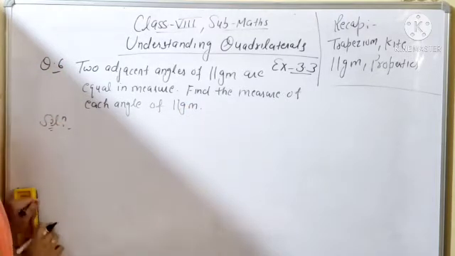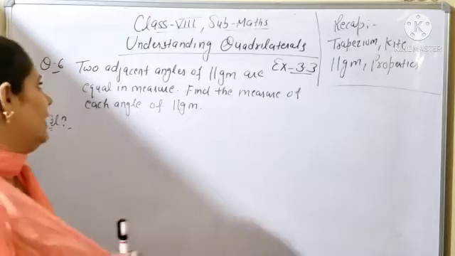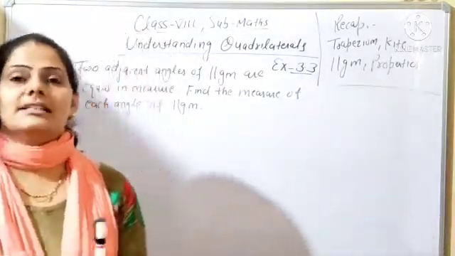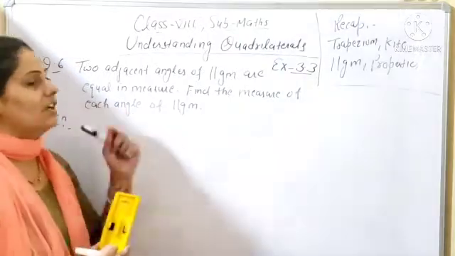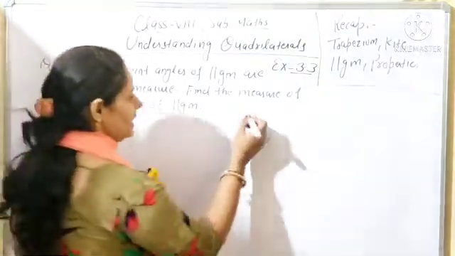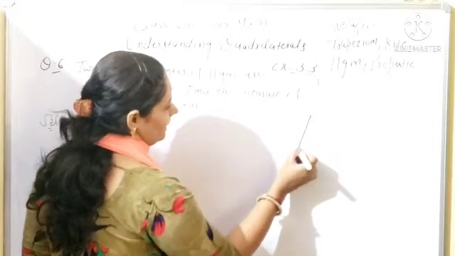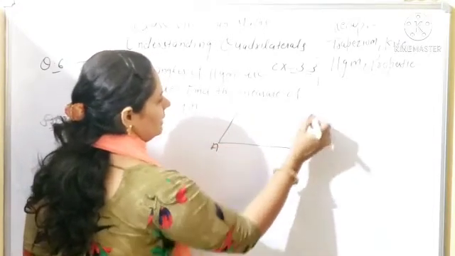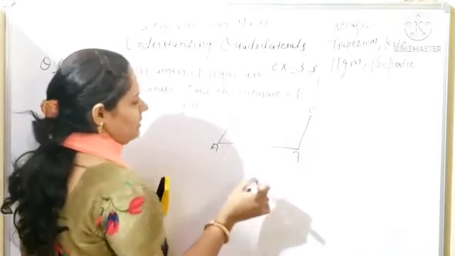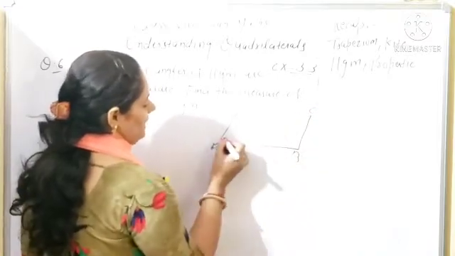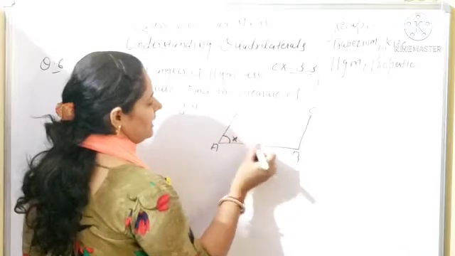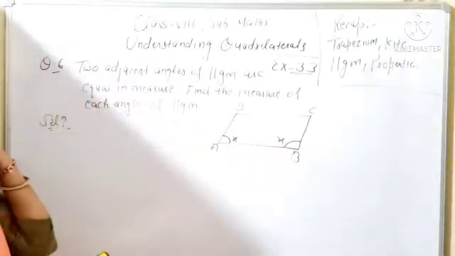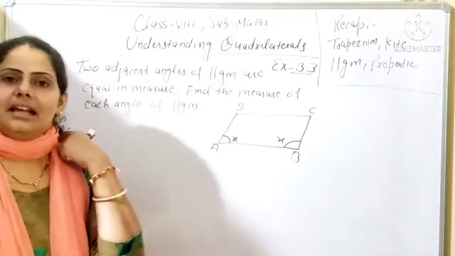So simply, beta, in question number 5 two adjacent angles were given in ratio, but here adjacent angles are given equal in measure. So you can assume from your side. For example, first you will draw the parallelogram. If this one is a parallelogram, ABCD is a parallelogram. So you can assume any one angle. If you are assuming x, the adjacent angle is also the same. So you can say both the adjacent angles are x.